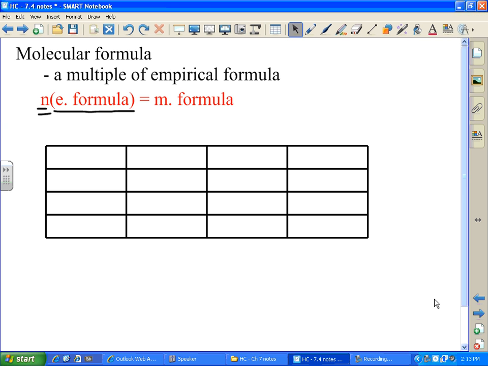In this lesson, we will be looking at molecular formulas. Molecular formulas, quite simply, are just a multiple of an empirical formula. Now, as we talk about molecular formulas, we are only dealing with covalent compounds. So there are not going to be any ionic compounds involved in this, no calcium, no copper, no sodium compounds. Quite simply, the molecular formula is an empirical formula in which some multiple of that is what we are trying